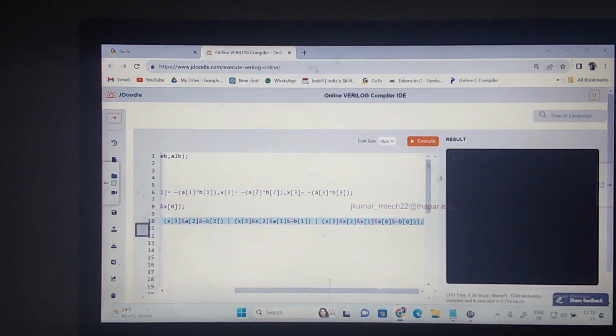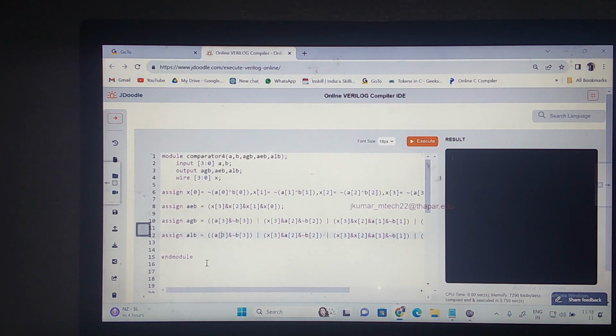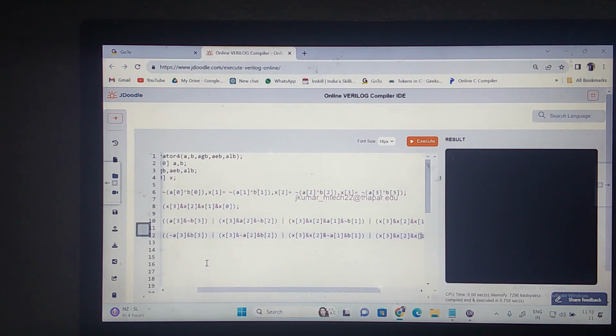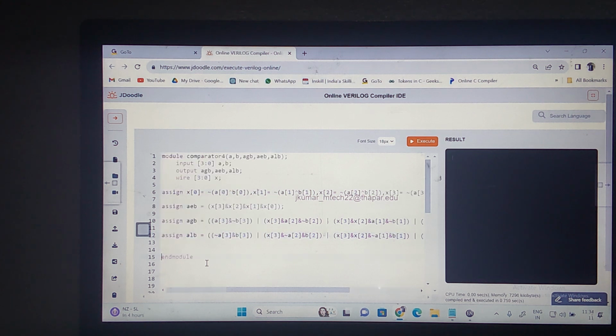Now let us do the modification of this. This is for A is less than B. A is less than B means what? This is not. Then remove the not here. This is x3, again not, you remove the not. Here x3, x2, not of A1, remove this. Again this is x3, x2, x1. This is not, and remove the not. This is nothing but A is less than B. Then I check for the syntax error. So no syntax error. Now we did the design file using dataflow modeling technique.